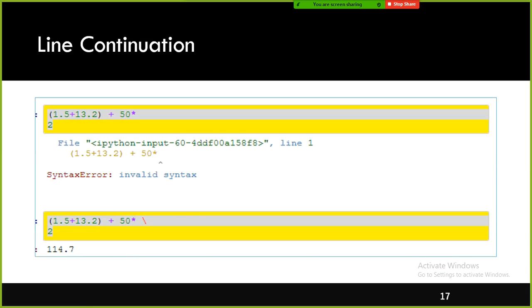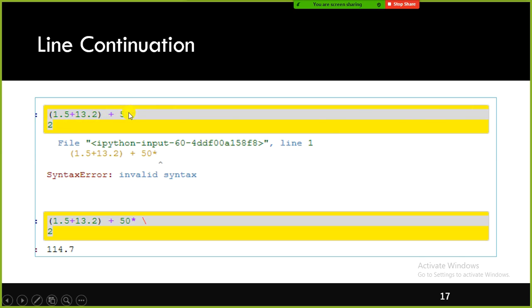So next one is line continuation. So what is line continuation? Sometimes a single line of your code may get extended to the next line. Let's say you don't have space, and you have complex business logic, 1.5 plus 3.13.2 plus 15 into something plus something else, and finally you are hitting the edge. Because of the space problem, it will get wrapped to this second line.